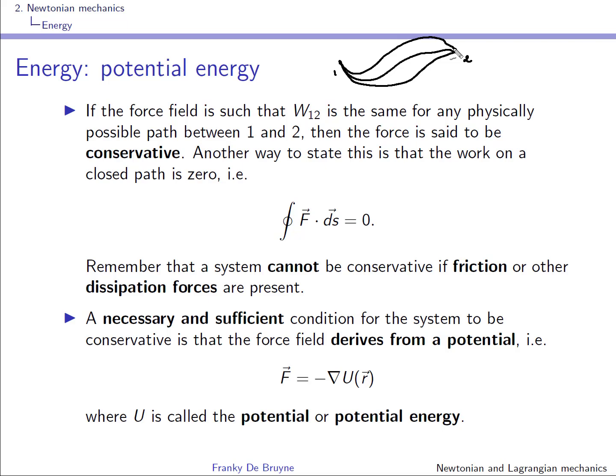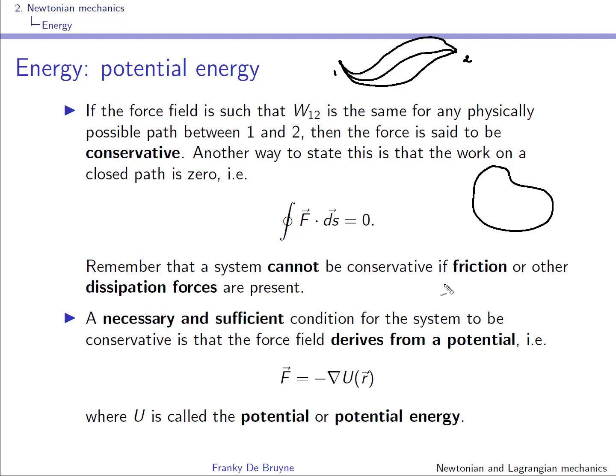Well, if the force is conservative, then the work that is done in going from 1 to 2 will be the same whatever the trajectory. Another way to state this is that the work done on a closed path, okay, this is a closed path, is 0. So a force or a system is conservative if there is no friction and there cannot be any